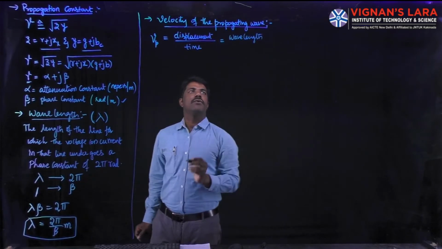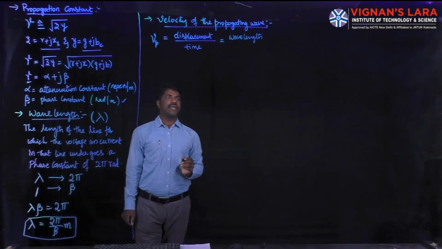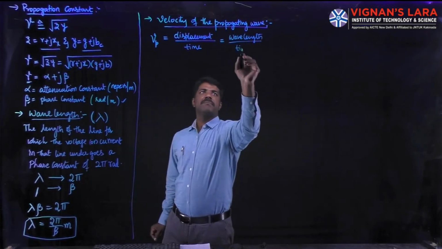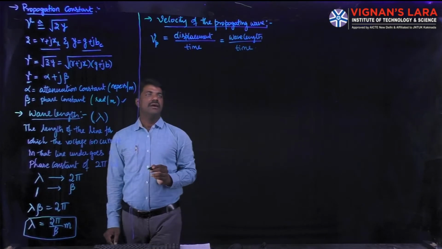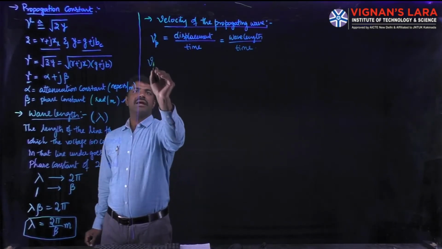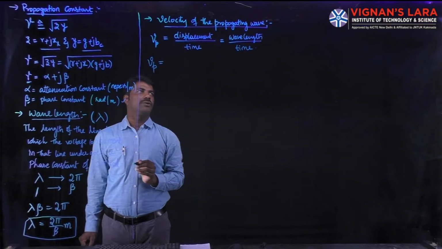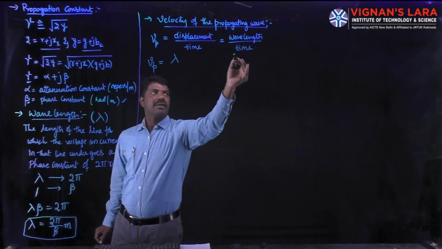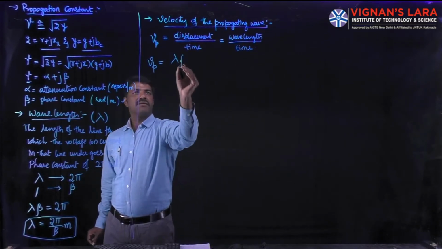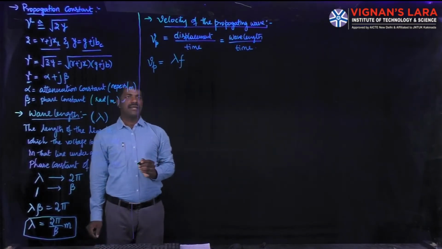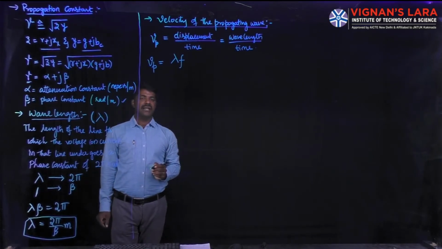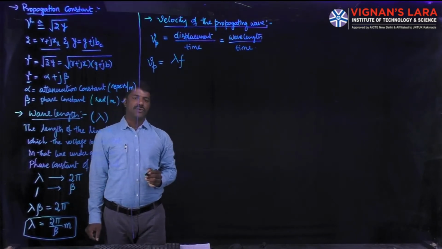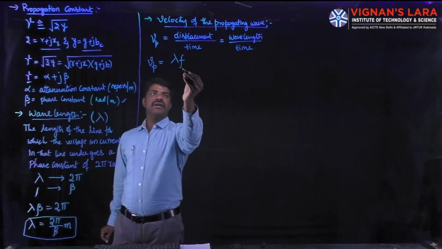So in the place of displacement, I can write wavelength. Because for the quantity of voltage or current, we measure the distance in terms of their wavelengths divided by the time taken for a specific period with its frequency known. So the velocity of the propagating wave Vp is equal to the wavelength lambda divided by time. The reciprocal of the time is the frequency, because alternating quantities, either AC voltage or AC current, are passing on the transmission line, which have their own frequency. That frequency is identified as small f.